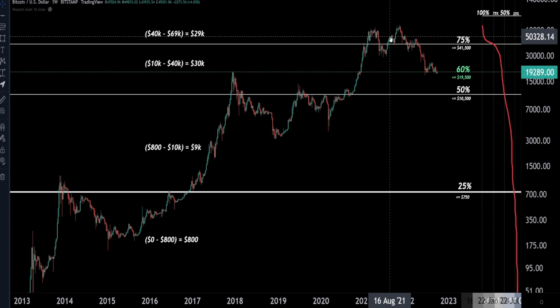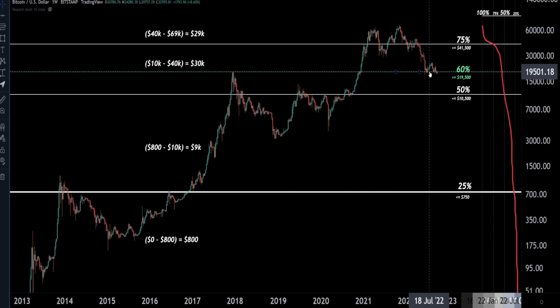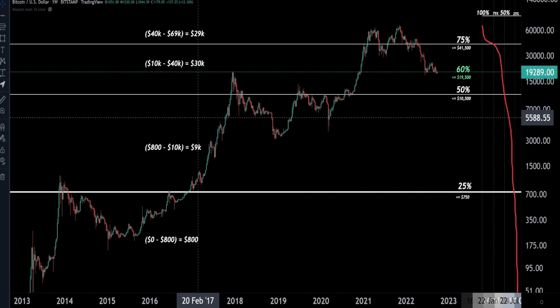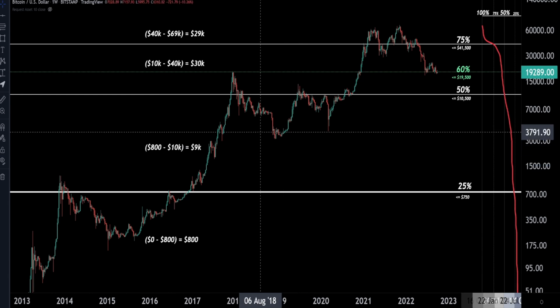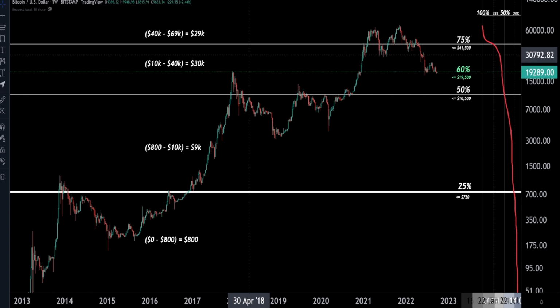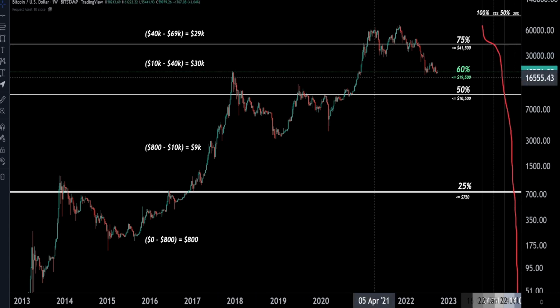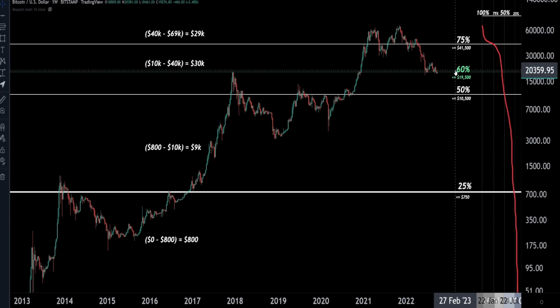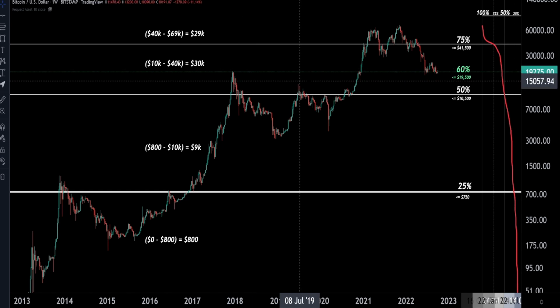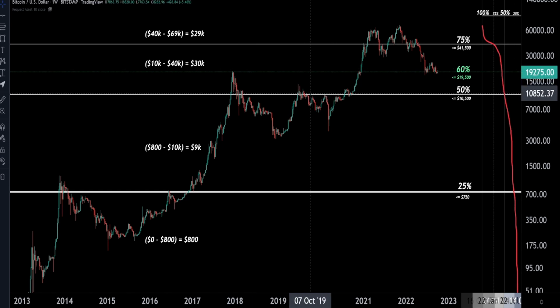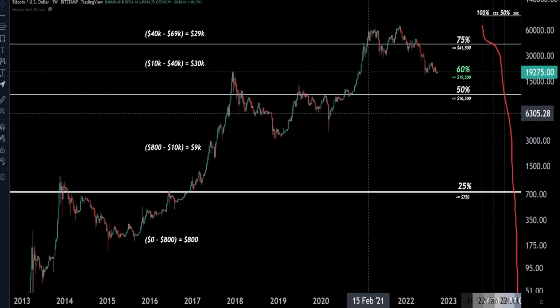That may be them, but once you're at these levels at 20K, you're not going to see them being the ones who create this massive panic selling to the downside. That leaves us with these guys who are holding in here. And we do have more institutions now involved in the game that are holding up in these levels. And the reason that I tend to believe that it's still very possible, if not probable, that we could see a further price move down to these lower levels, down to, say, this 50% level, which is at around 10K,